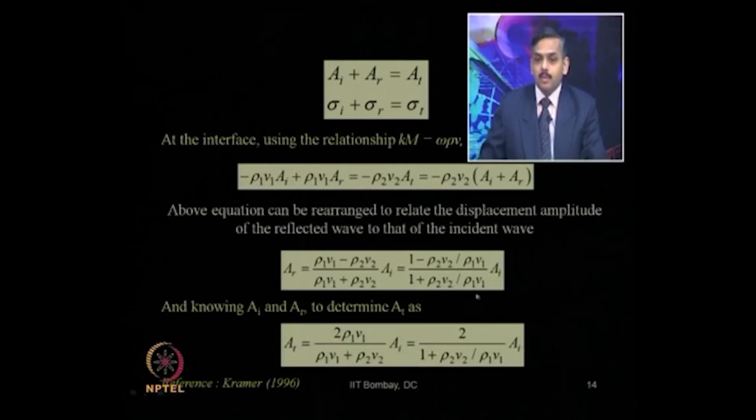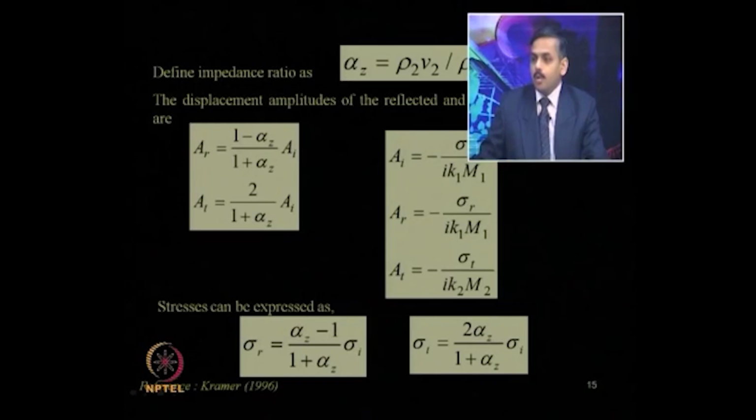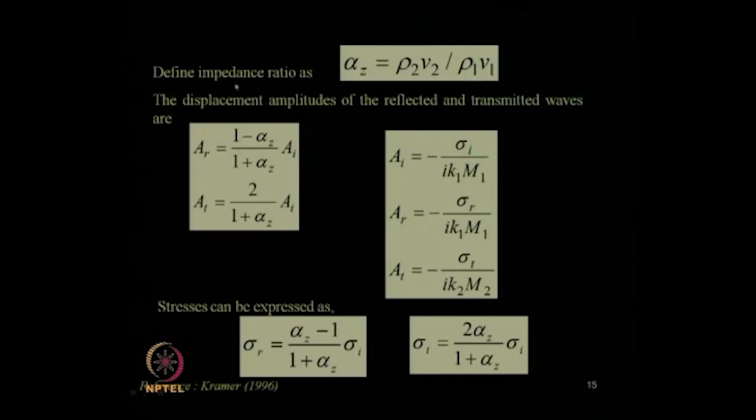Now, let us look at this parameter very carefully. This is rho times V, that is, density times velocity. What is that? We have already mentioned in the previous lecture, it is the specific impedance. This is the specific impedance of material 2, and this is the specific impedance of material 1. That ratio is called the impedance ratio. So, what is the impedance ratio? The definition of impedance ratio is the ratio of